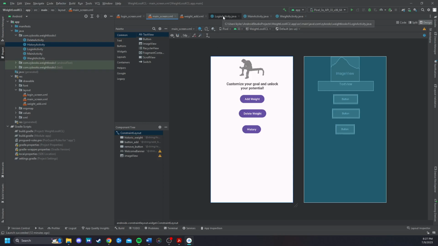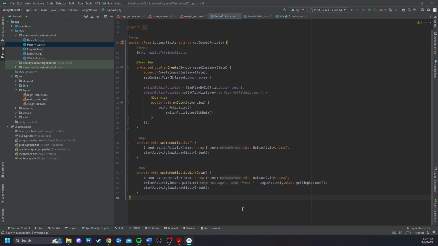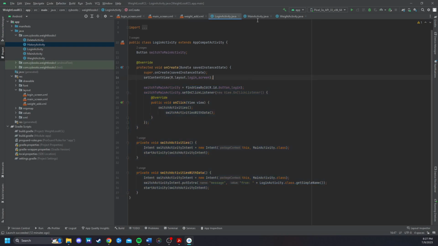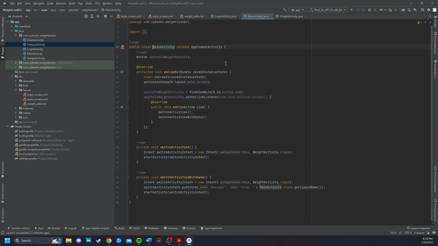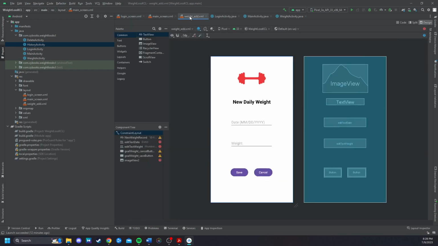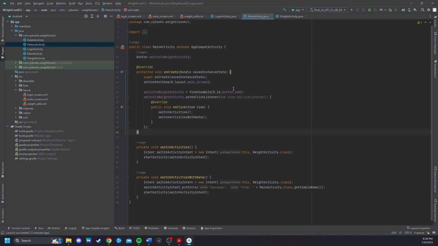When it comes to consistencies in my code, once I was able to get the main button clicks down, that's one of the templates that I've used throughout my application. I am running into issues currently when I go to my main activity screen. The login screen and main activity classes look pretty similar right now, minus some callout changes. When I run the application, I'm able to use the login screen properly, hit the login button, and it goes to the main screen, but from here it errors out trying to get to the weight addition screen, and I'm still working through that to figure out where I'm going wrong with my